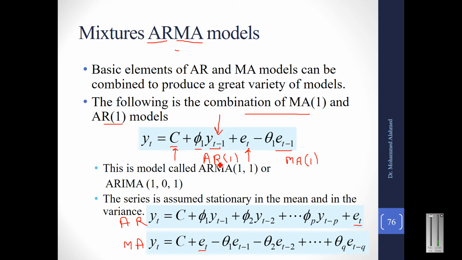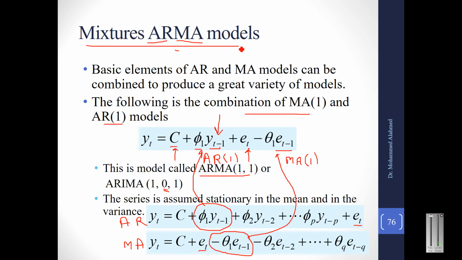Right now, since we are having ARMA 1, we need to keep one term of AR and one term of MA. You can see this particular term is taken here and the first term of the MA model is taken here. So this becomes the ARMA model, or ARIMA 1, 0, 1, because we have assumed that the data is stationary, so no differencing was required and hence the differencing term was 0. So why do we call this a mixture ARMA? Because this represents the AR term, this represents the MA term, and the final output depends on AR as well as MA.